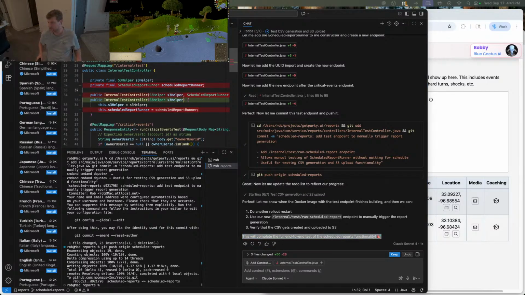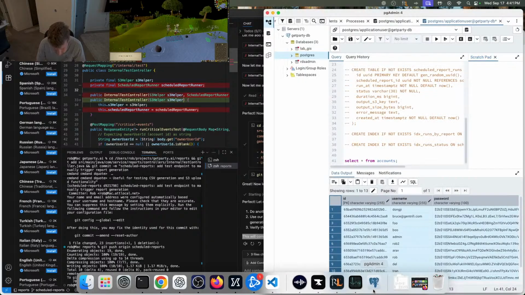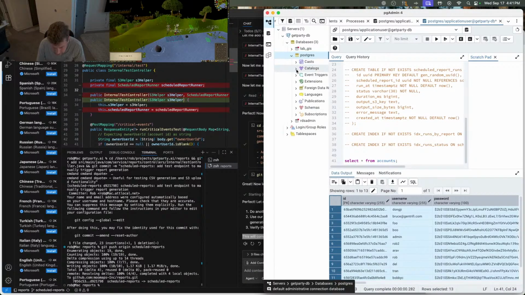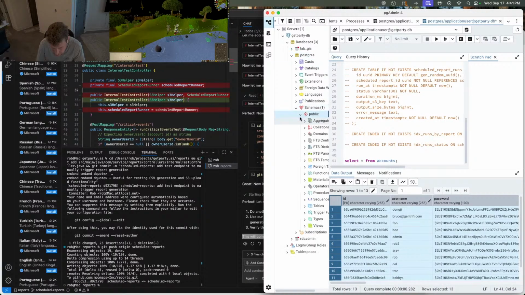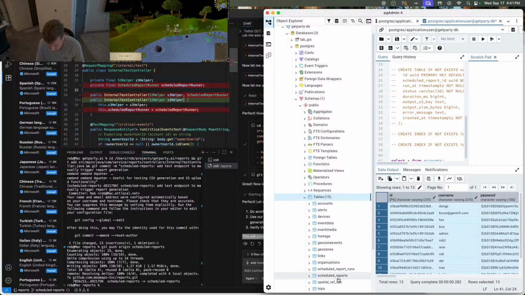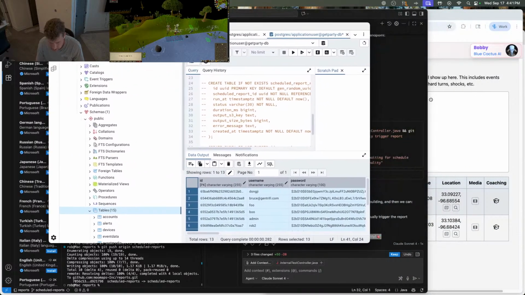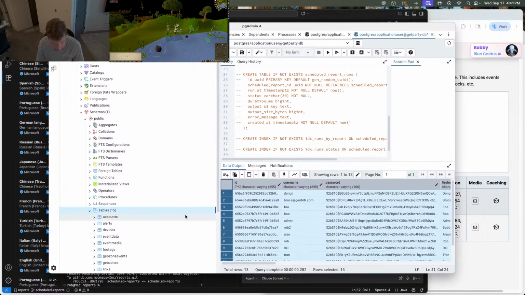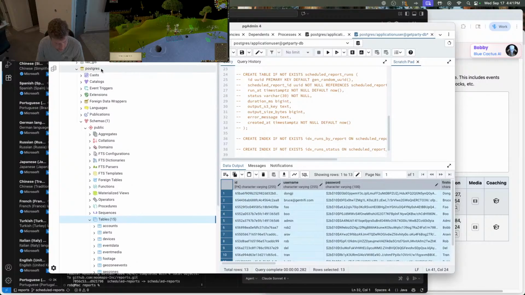Nice. As soon as this code builds successfully, we're going to merge it into main. And I guess on the last test, what happened is, let me open up pgAdmin. Let's look at our tables. Okay, so now we have scheduled reports. So what we did on the last test was actually